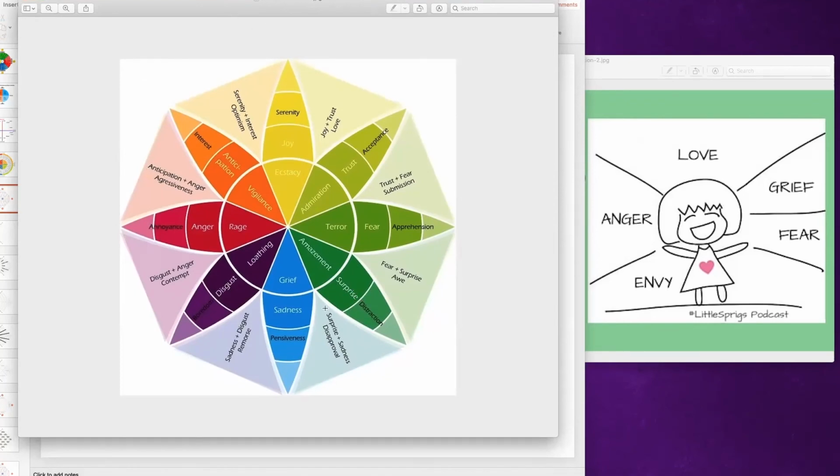So surprise and sadness gives me disapproval. Sadness at a reduced energy is pensiveness, and at a heightened level of energy is grief. Okay. Sadness and disgust blended together give me remorse. And remorse is, by the way, the closest word to shame I found on their little chart here.